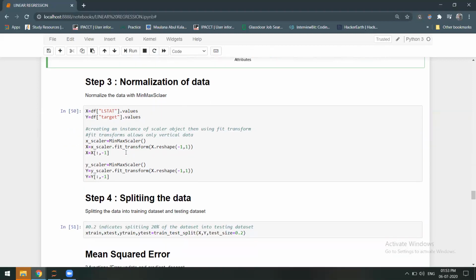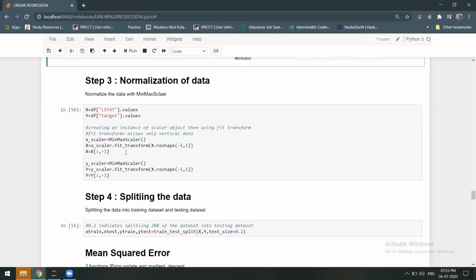Now we need to create an instance of the scaler object, so we have to normalize the data. We normalize the data with the help of MinMaxScaler. So we set the scaler equal to MinMaxScaler, then there is big X and big Y, which is the scaled or transformed data, and we have done reshape because fit_transform allows only vertical data.